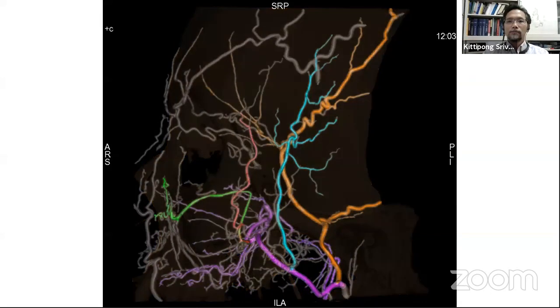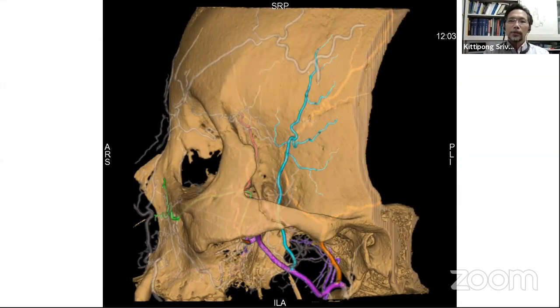So you have this one, you have a lot of information, but you put the bone back. It's a very good landmark to see which vessel belongs to which compartment. Like this, we have cut the superficial temporal artery. So we see here, this is the middle deep temporal artery. This is the anterior deep temporal artery in pink or red. So this is the infraorbital artery, which emerges from the hole over here in the face,